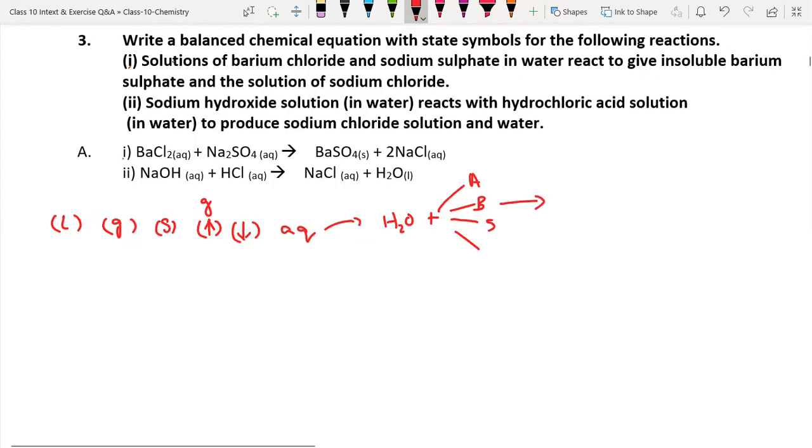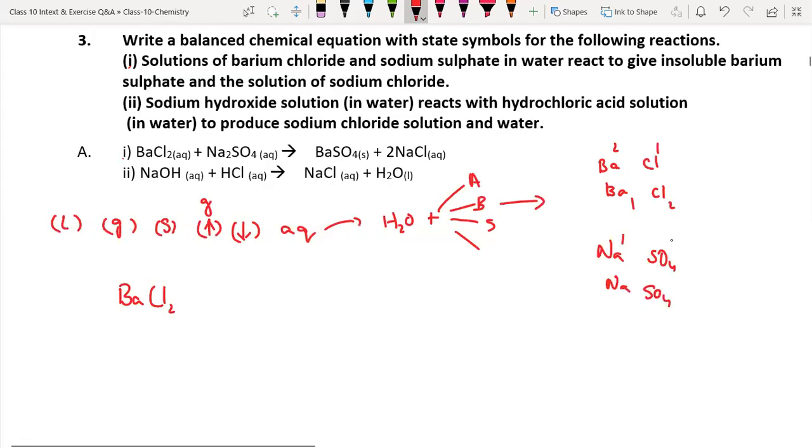Now, solution of barium chloride. Barium chloride, if you don't know chemical formula, go with crisscross method. Barium, chlorine, barium, chlorine. Barium valency is 2. Chlorine atomic number 17, valency is 1. 1 goes to barium, 2 goes to chlorine, it will become BaCl2. Barium chloride, BaCl2. And sodium sulfate, sodium Na, sulfate SO4, write it twice, NaSO4, sodium atomic number 11 and valency